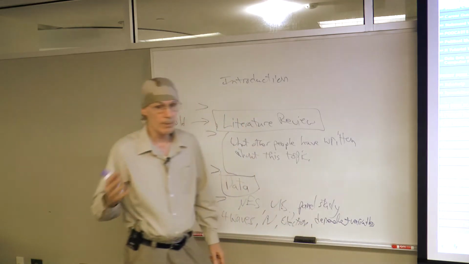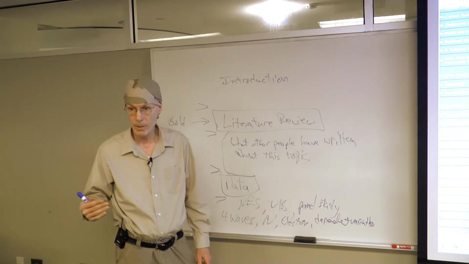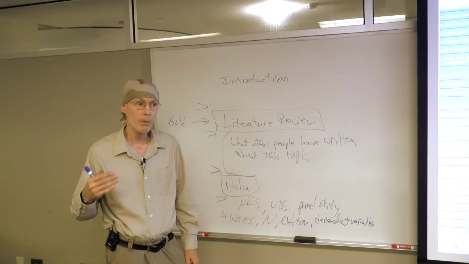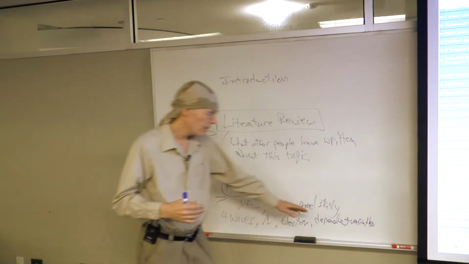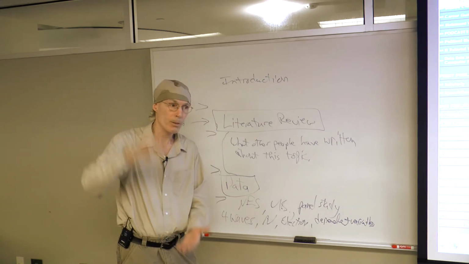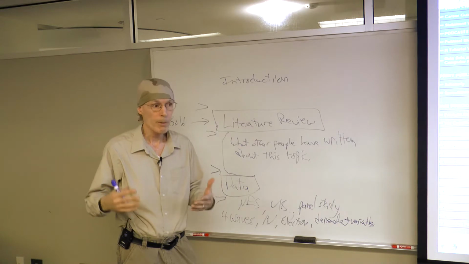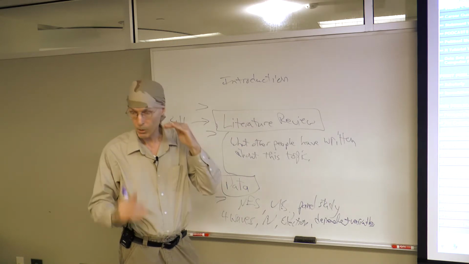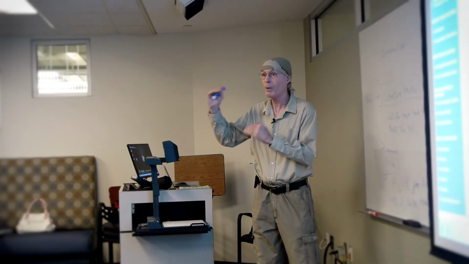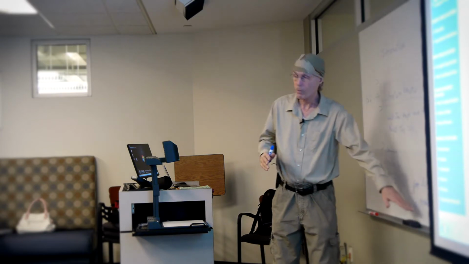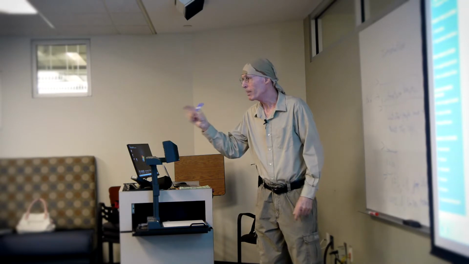Later on in the course, and we're not far away, just a few weeks from that, I'm going to show you how we can use a different form of multiple regression called logistic regression to enable you to use some different types of variables that have binary responses. The feeling thermometers are nice because they go from 0 to 100, so they seem like a continuous scale, so they work well with normal multiple regression. But if you have a different type of dependent variable that has only 2 responses, such as did you vote for Reagan or did you vote for Carter? Only 2 answers. You can't use normal multiple regression. You have to use something called logistic multiple regression. We're not there yet, but we will be there soon.